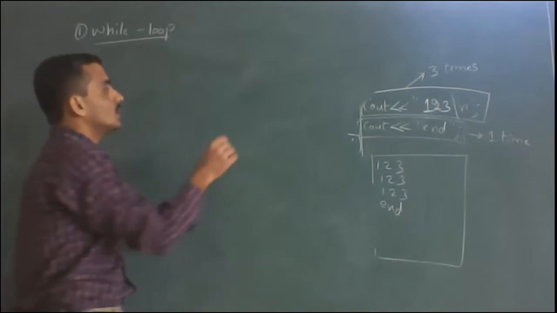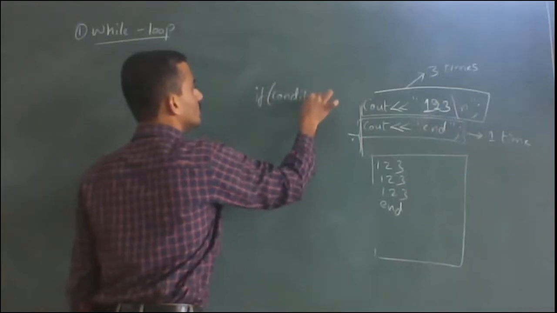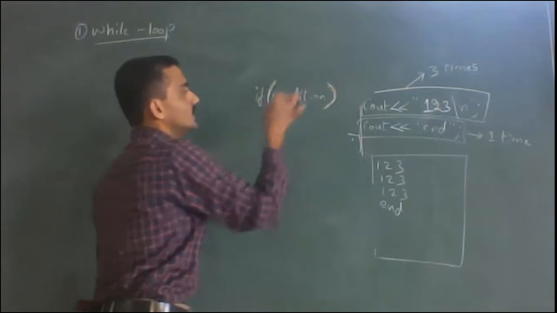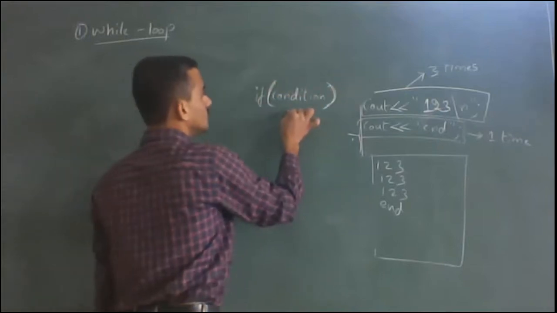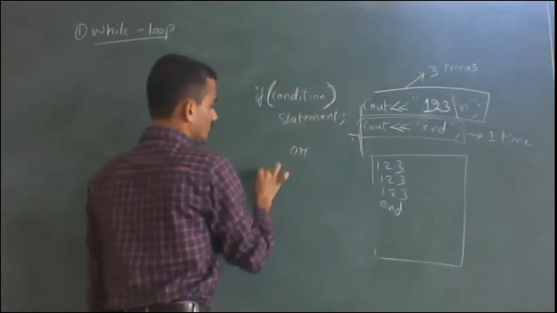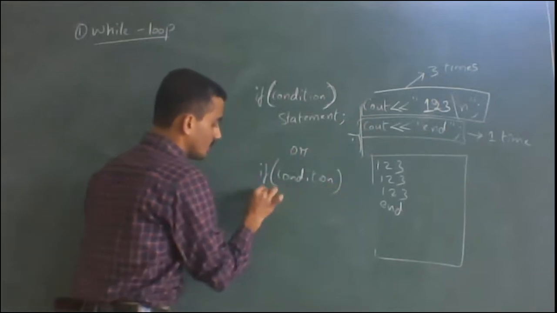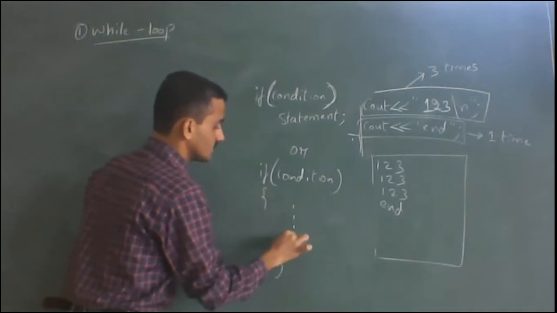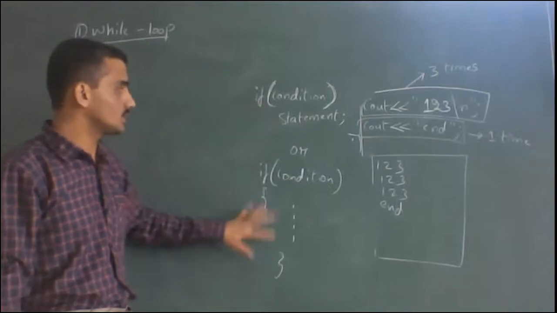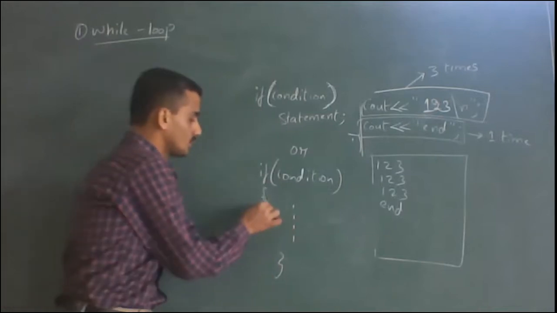Okay. So if we look at the if statement syntax, I hope everybody remembers. After the if keyword, within parentheses, write the condition. After the condition, if there is only one statement, write that statement. If there are more statements, write them within an opening brace and closing brace. If it is one statement, putting braces is correct, and not putting them is also correct. But if you are writing more than one statement, then put the opening and closing braces.